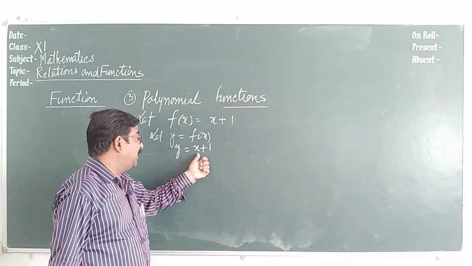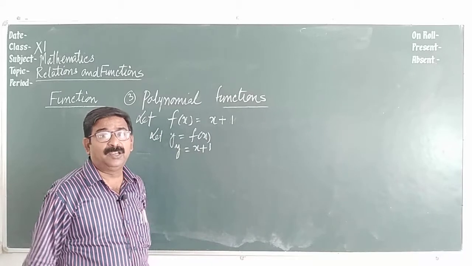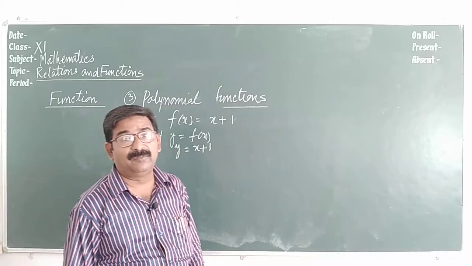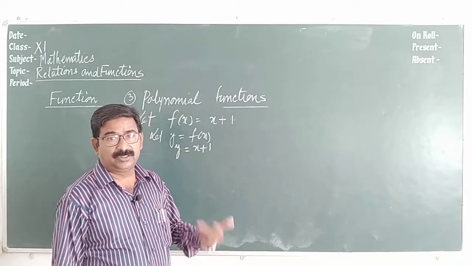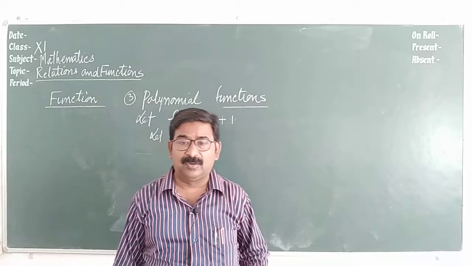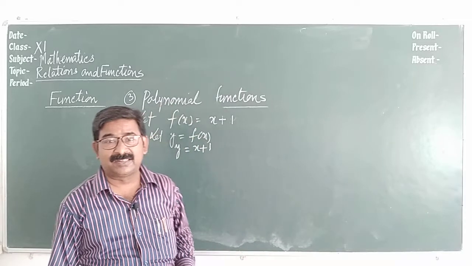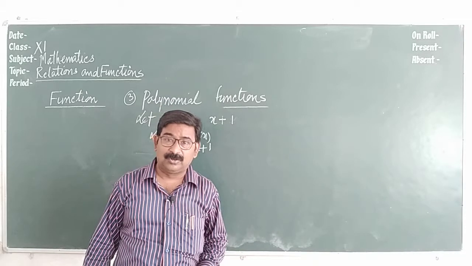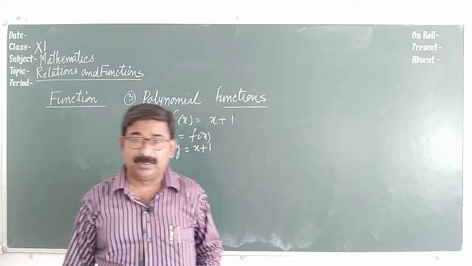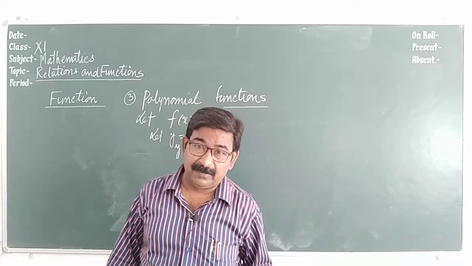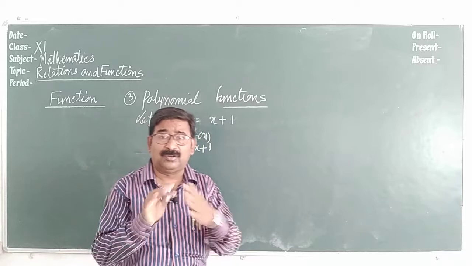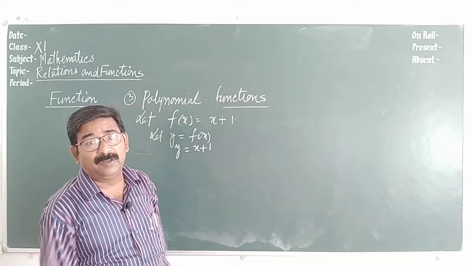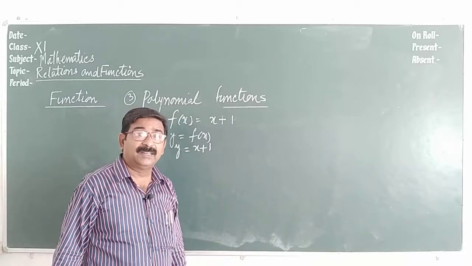Means we can take any real value of x: x is equal to 0, x is equal to 1, x is equal to minus 1, x is equal to 0.5, x is equal to 3.5, x is equal to 1 upon 2, x is equal to under root 3, under root 5, under root 7. Whatever value you want on the real number line, that will be the values of x, and that is the domain.